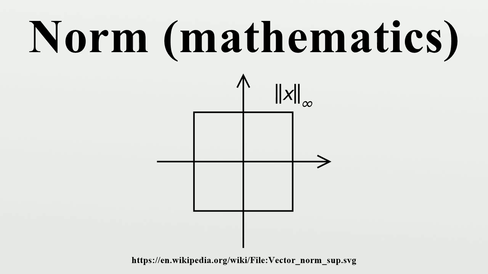The taxicab norm is also called the one norm. The distance derived from this norm is called the Manhattan distance or one distance. The one norm is simply the sum of the absolute values of the columns. In contrast, this is not a norm because it may yield negative results.